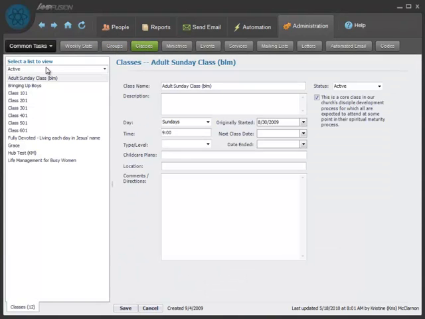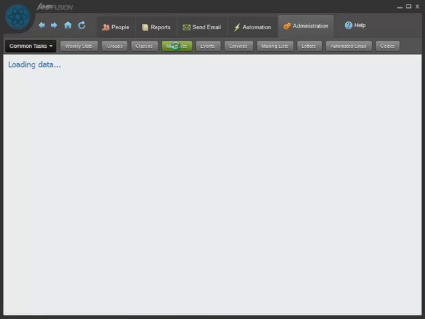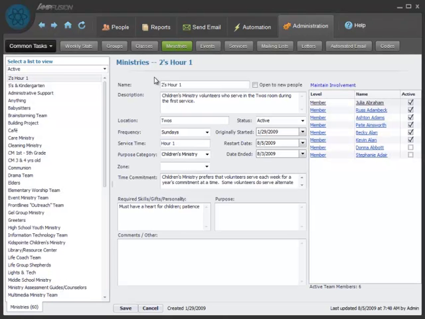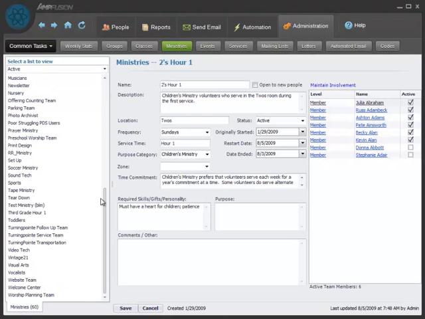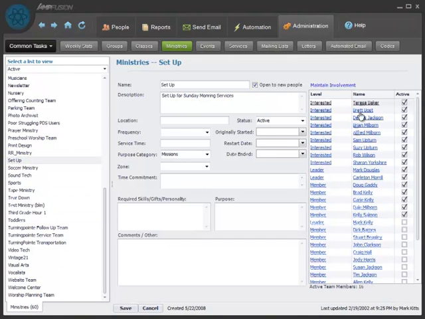On the classes screen, you can add classes. For example, if your church offers a new member class, like a class 101, this is where you would add that and manage it from this screen. Ministry teams can have a list of all the ministries on the left-hand side of the screen. You select which one you want to look at, and everybody that serves in that ministry will be listed here